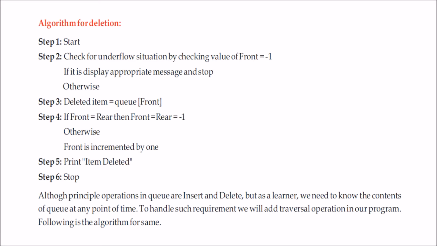The algorithm for deletion is, you have a list, you want to delete. Now you have to check whether this list at all has an element or not. If it has no element, you will not be able to delete. So that will be a condition which we call underflow. So we have to check for underflow condition, if front equal to -1, and you have to appropriately show the message. Then you can delete the item from the front,